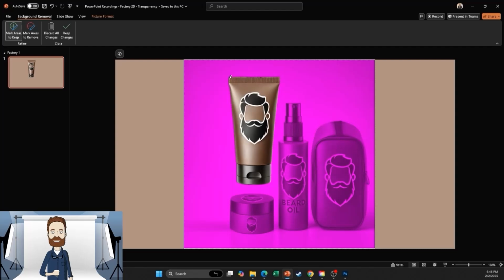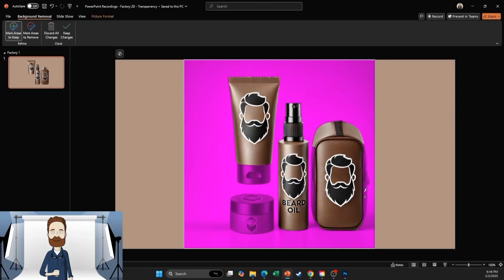The big difference between doing this in PowerPoint versus Adobe is speed. If there is a clear border between the object and its background, PowerPoint can quickly detect and remove it. In this case, we have a clean white background, so PowerPoint handles it easily. However, if the image is more complex, I recommend using Adobe Photoshop, as it gives you greater control over which areas to fill.